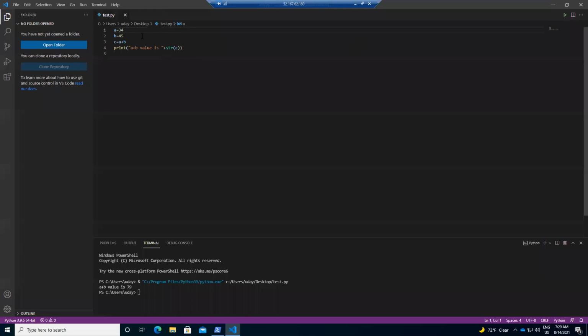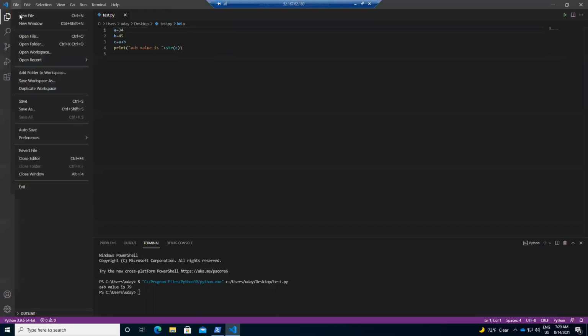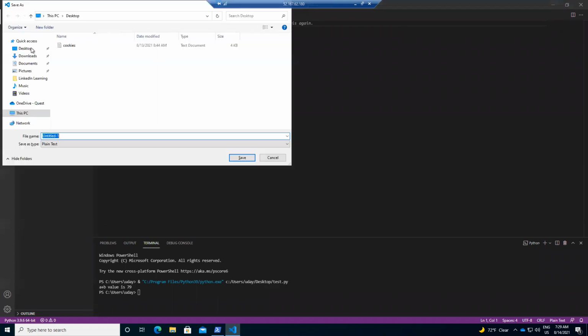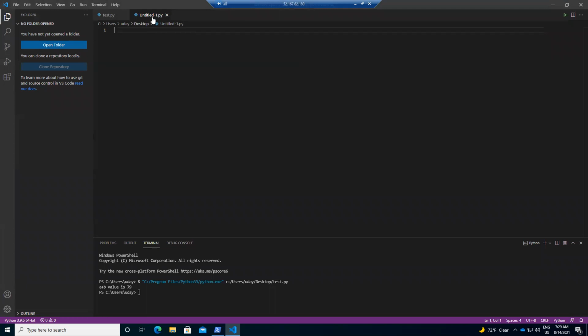So this way, when you create a new file, or you can create like this also, File, New File, and you can simply save this one. Control S. Let's say untitled.py. It will automatically pick the language type based on the extension. Understood? So that's how you set up Visual Studio Code and execute.